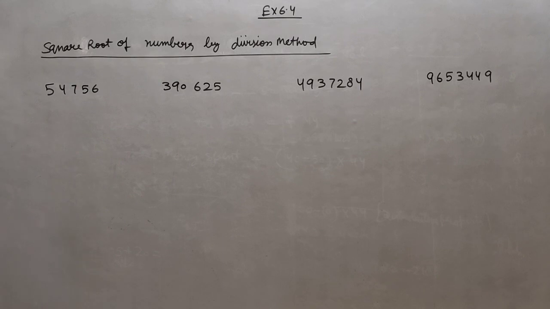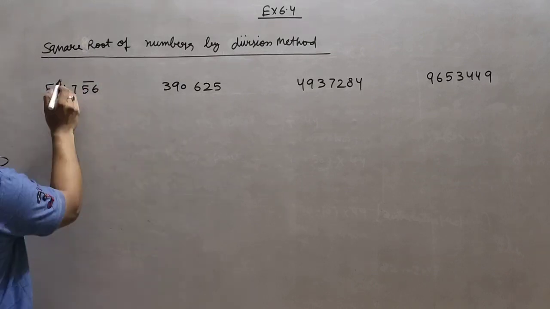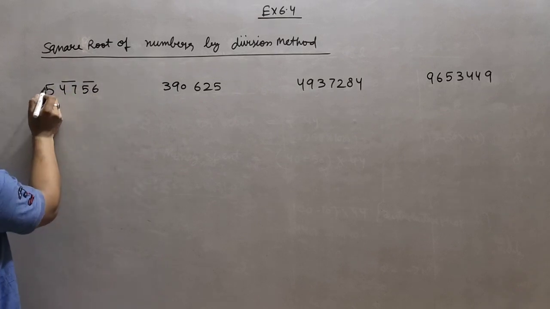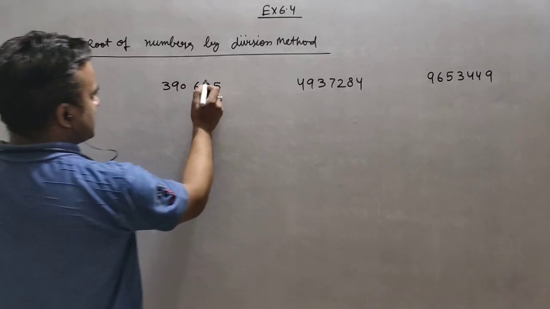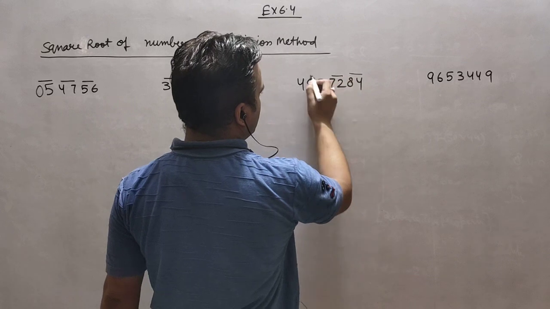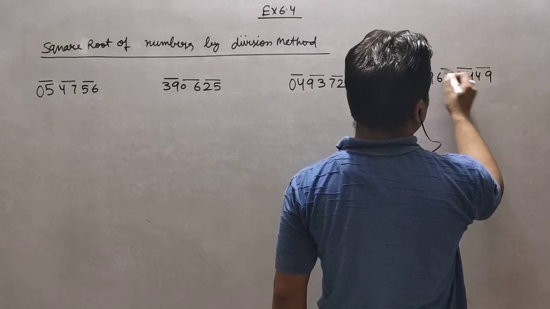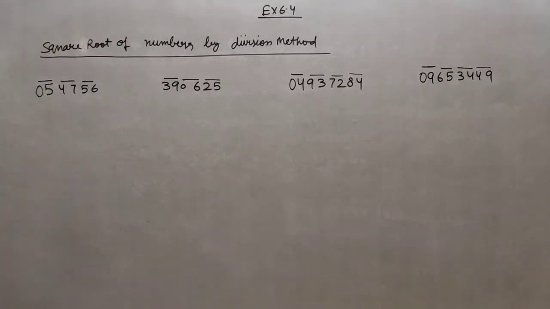First of all, we have to make pairs to find the square root. How will you make a pair here? You will start from the right side. From the right side, you take two digits as a group. Now you can see there is no group for the last digit, so you will put a 0 here, and this is the group of two. In this case, 1, 2, 3, no grouping, so we will put a 0 here. Now, 1, 2, 3, and 4. So now grouping is done. This is the first step. Now we will enter into the next part.